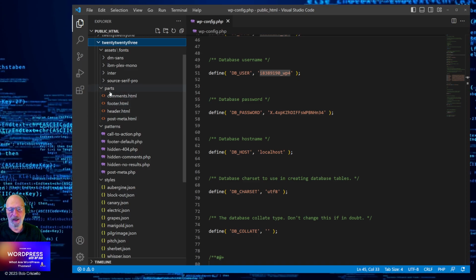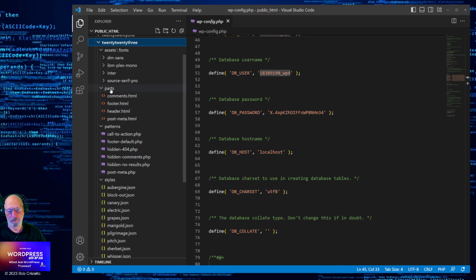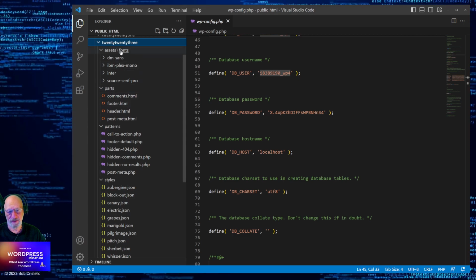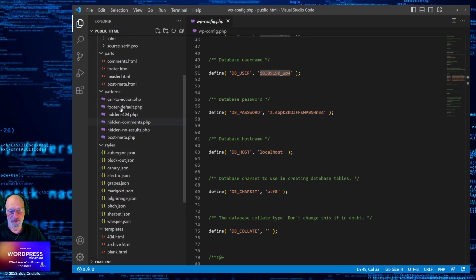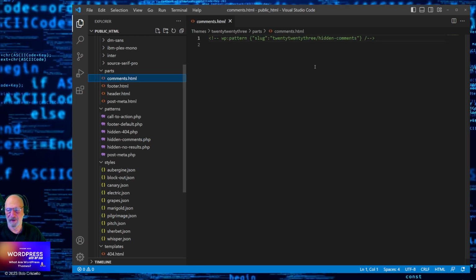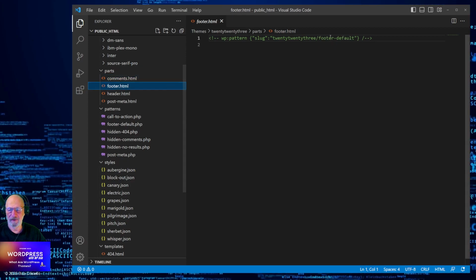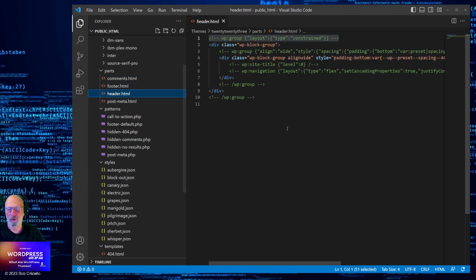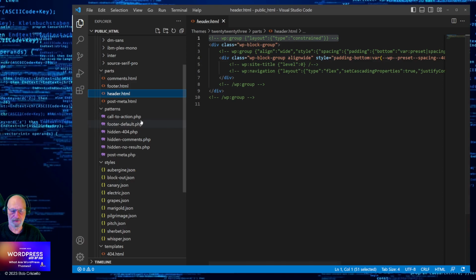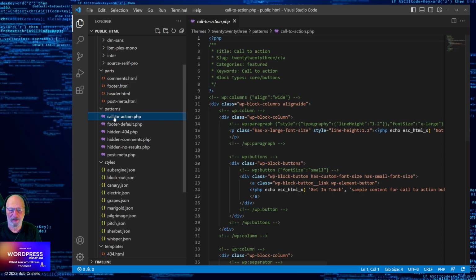So anyway, these new block themes are built into parts, assets, such as fonts. You'll see their .html files with some commenting structure in there that the WordPress engine recognizes. You've got these patterns. Patterns are a big thing.